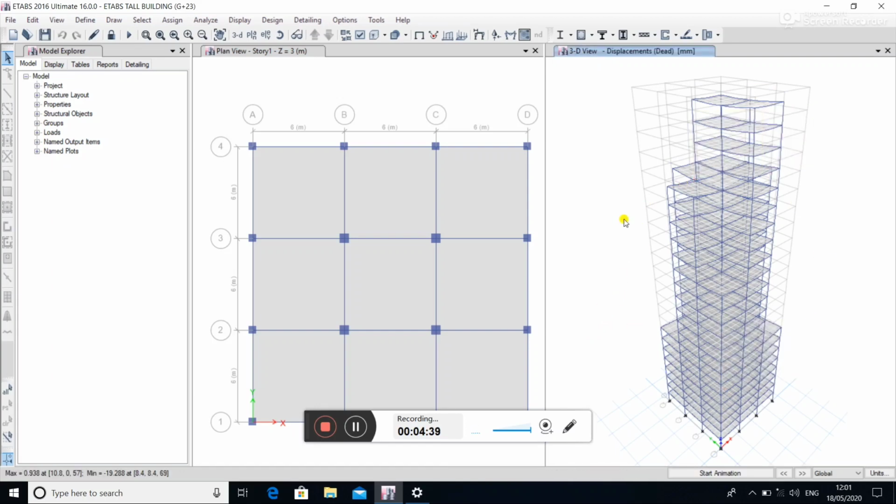Now the building has been analyzed. Once the analysis is done, the results are displayed in a 3D window. The displacement of the elements can be shown in the 3D tab. You can place the cursor on different points of the slab to see the values.